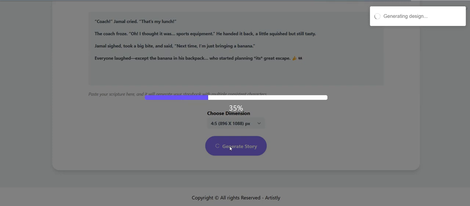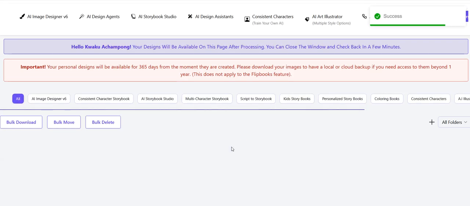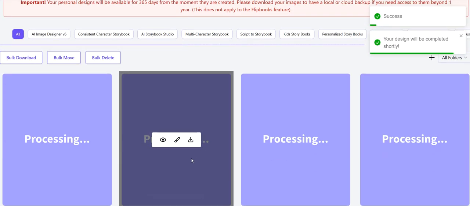And stories like this, you can either sell it or give it to your child to read. Sometimes you can even add your child's name because kids get excited when they see their name in a storybook, which will attract them to read more. So you can create a story for your child, for a family member's child, or you can just create your own story too. So as you can see, it's being processed,